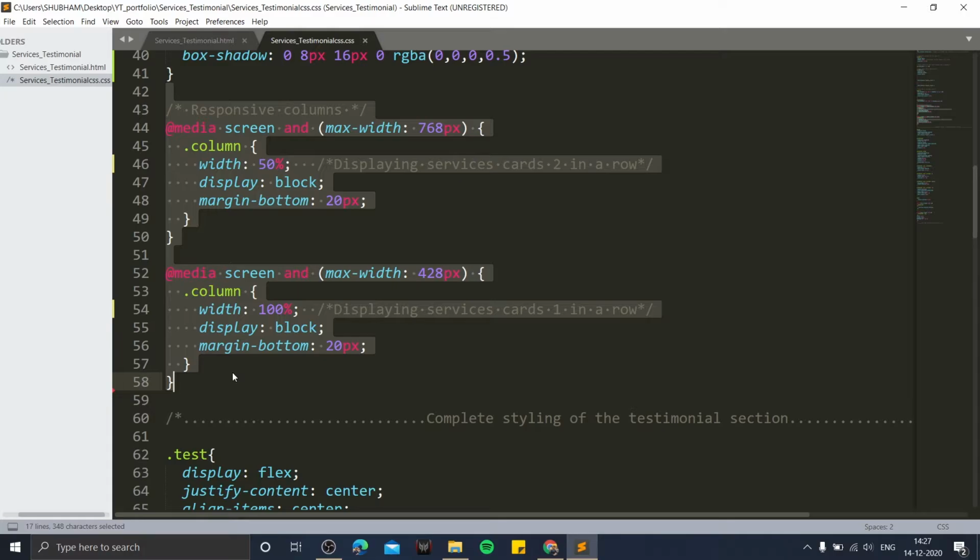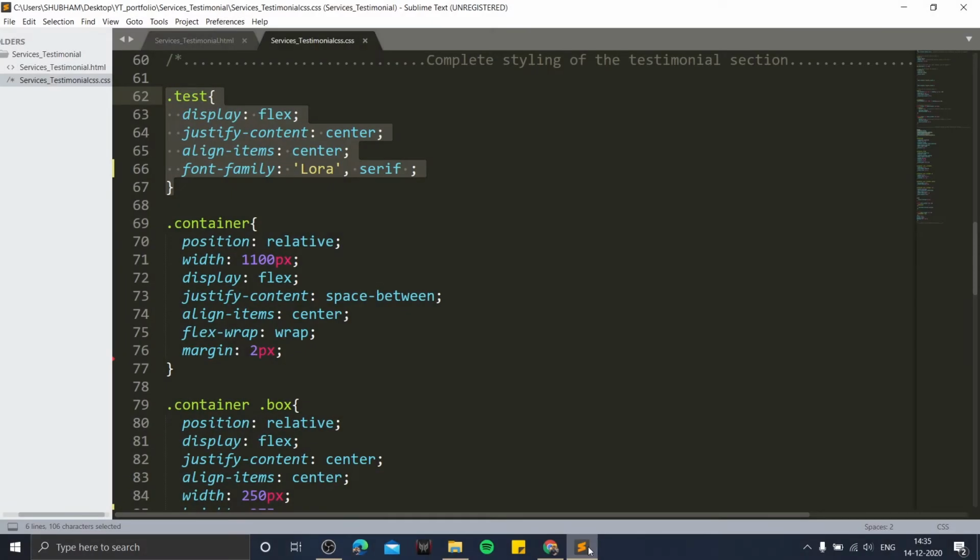Let's now quickly style our testimonial section. We are using the CSS Flexbox property to align our cards. We are giving the flex property to our test class. Now, to align our three testimonial cards properly in the center, we have styled this container class.